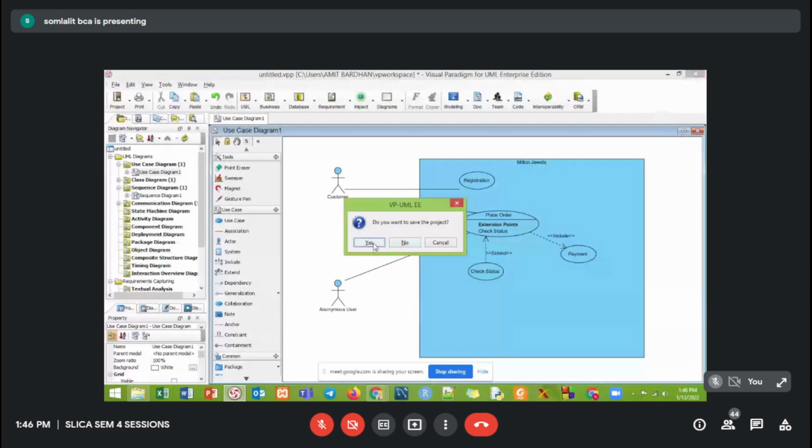Doesn't matter. Fine, guys. So we'll end the session over here. Make sure that you are learning the diagrams. You are trying to solve all the questions from 4 to 8. Okay, and then we'll do something. In the upcoming session, we'll try to solve all those problems. Okay, fine. Thank you so much, guys.